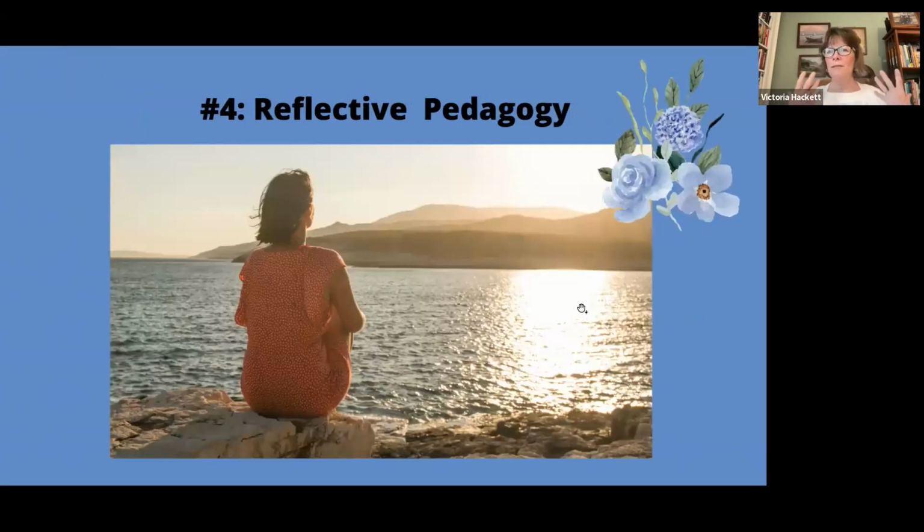And just thinking, peaceful, meditating about it. I love this picture. Taking the time and not just doing the same thing over and over and over, but really taking time to reflect on yourself. Are you rushing? Where are you at in terms of your teaching practice?